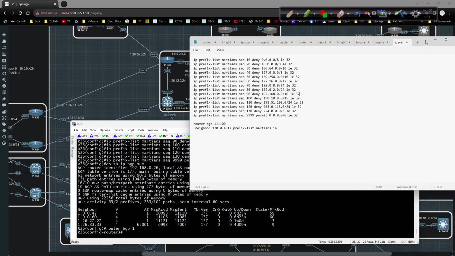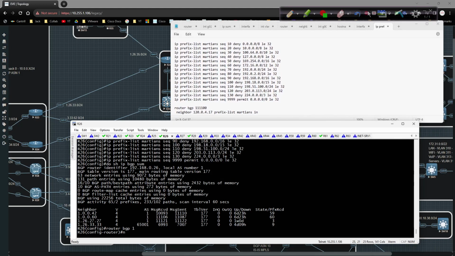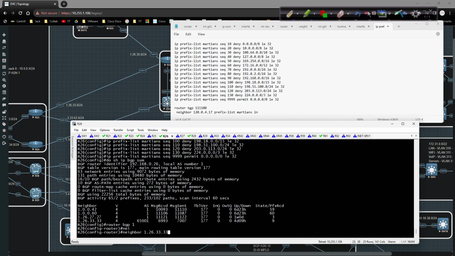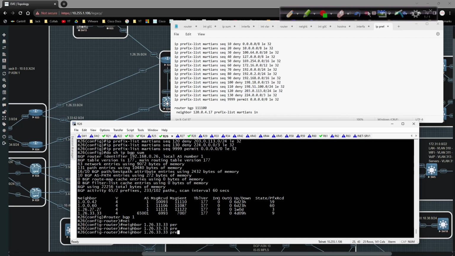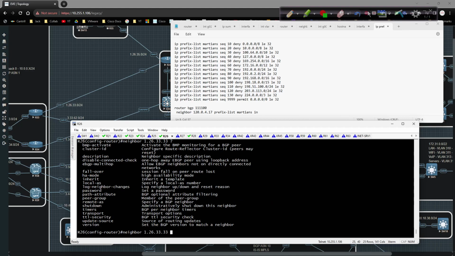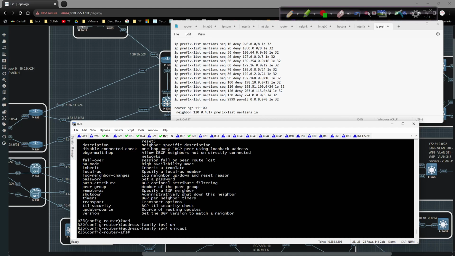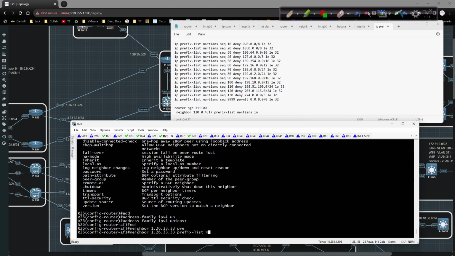Let's scoot this up just a touch. And I'm going to type in neighbor 1.26.33.33, prefix list. Address family IPv4 unicast, neighbor 1.26.33.33, prefix list, and then it's going to be Martians in. Now, I'm going to do a Control A to go to the beginning of the line, put the exclamation in there, so Shift 1,